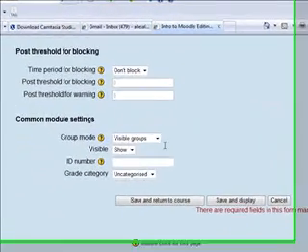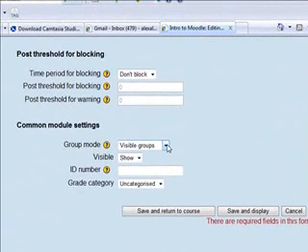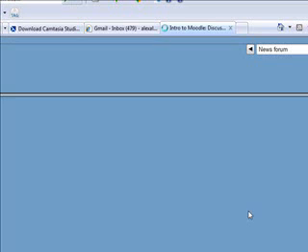Now, the common module settings, as for groups. If you have your course set up into groups, you want to make sure that their groups are visible to each other. Otherwise, when certain people post to the forums from one group, they will not be able to see other people. Alright, so then if you click on Save and Display, this will take you to the actual forum